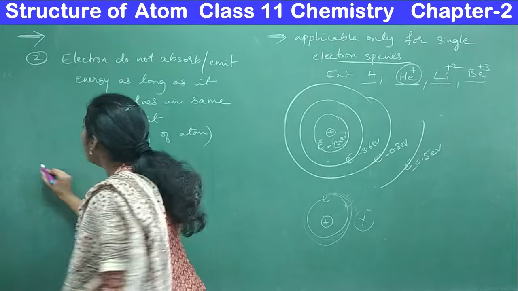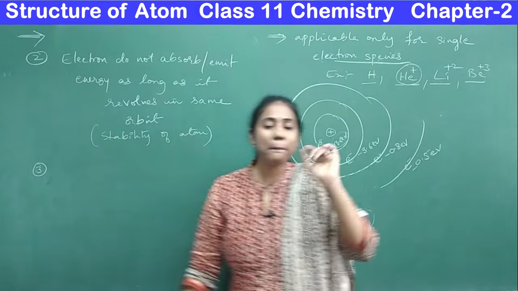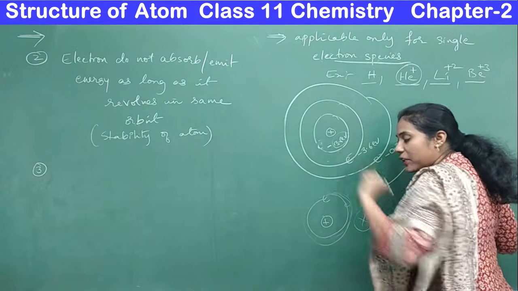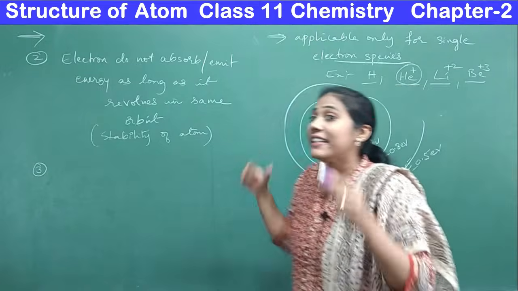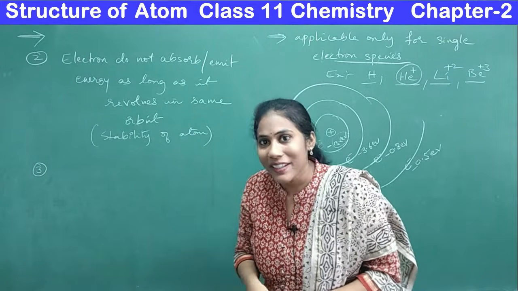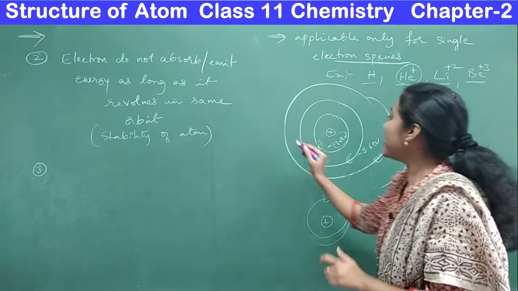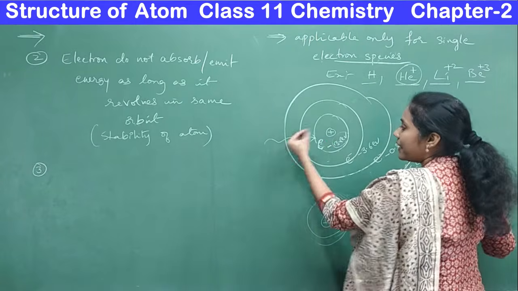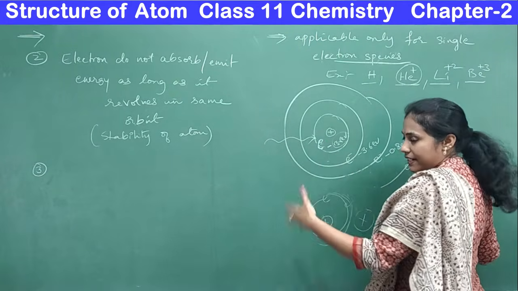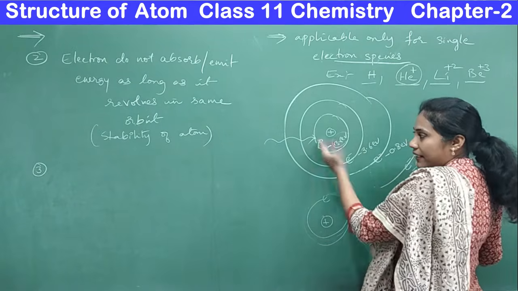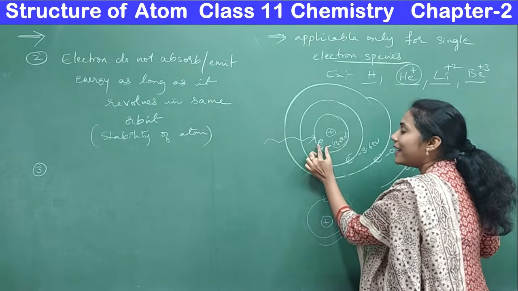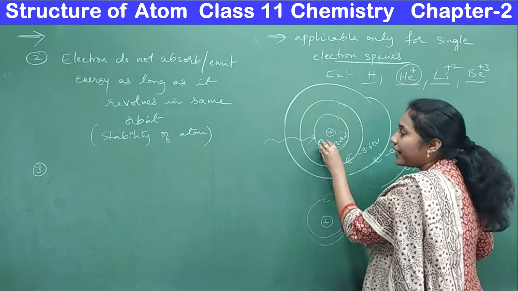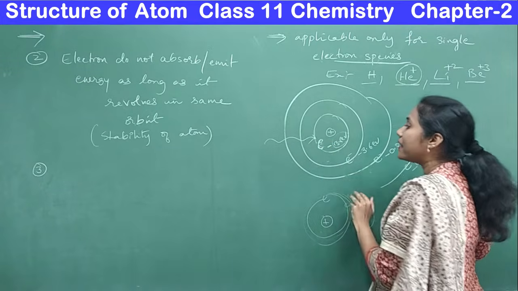Right? Okay. And now let us talk about the third and important point. He said as long as it is here, it will not absorb or emit energy. But when can it emit or absorb energy? See here, when you give some electromagnetic radiation from outside, the electron is here, you are supplying some energy from outside. Energy in the sense it's radiation. Electromagnetic radiation you are supplying. The electron absorbs energy. Whenever you supply energy from outside, the electron will absorb energy.